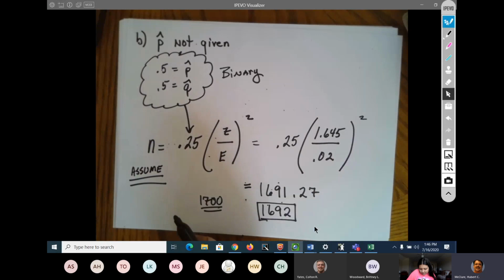Now, is that a good thing that this went up when you assume something, or a bad thing? It's a good thing, because if you're going to assume something, you're not basing it on what? On mathematics. So naturally, the number of people you survey, if you're unsure, is it going to go up or is it going to go down? Large number rule. What do you want to do for accuracy? Have more what? Numbers. So if you're assuming something and you're not basing it on